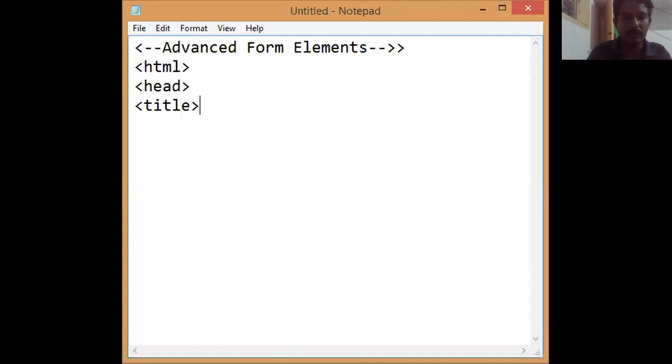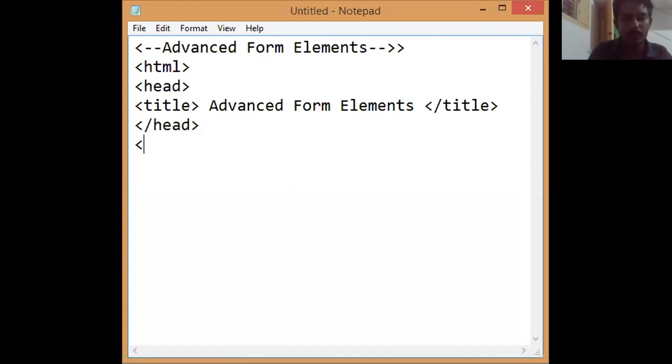Here we can give a title for the page. I'm giving "Advanced form elements". I'm going to close the title, and then close the head also. After that, I'm going to create the body tag.